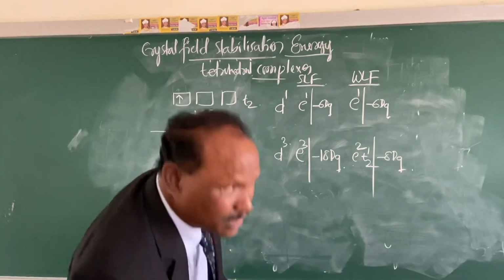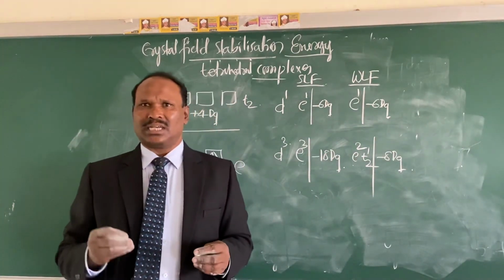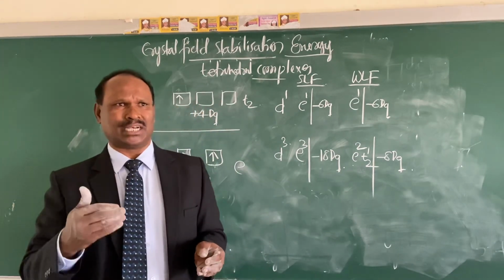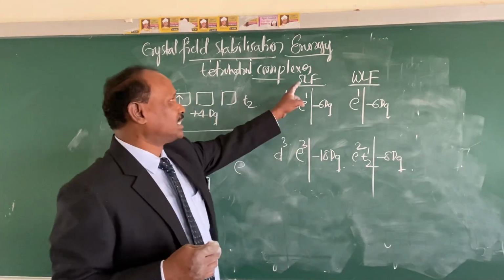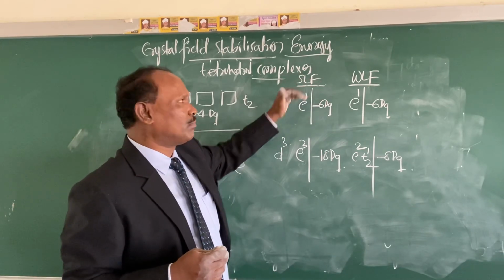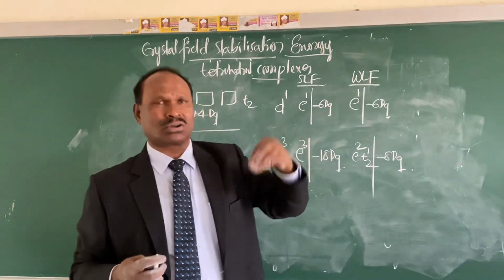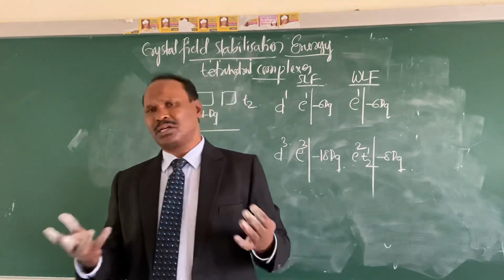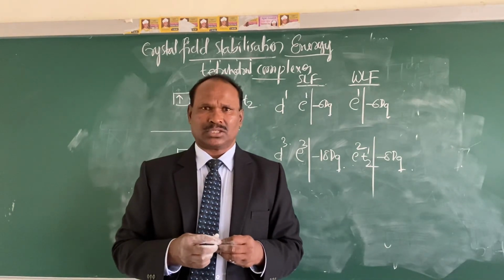So we have calculated the crystal field stabilization energy in case of the octahedral complexes and tetrahedral complexes for various systems, for d1, d2, d3 and so on, right? And an important point, I said the strong ligand field complexes are said to be the low spin complexes, whereas the weak ligand field complexes are also called the high spin complexes. Why are they called high spin complexes? Because they contain more number of unpaired electrons. Is it okay? So remember this.